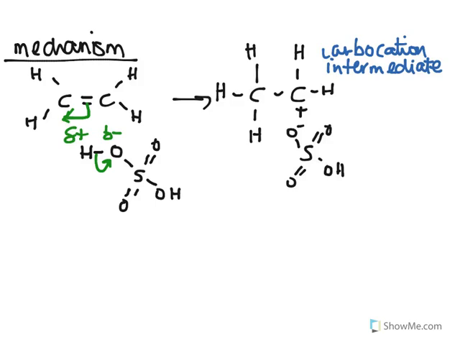And of course we have here our hydrogen sulfate ion, which, this negative charge here on the oxygen looks to make a bond with the carbocation to give us our next product,